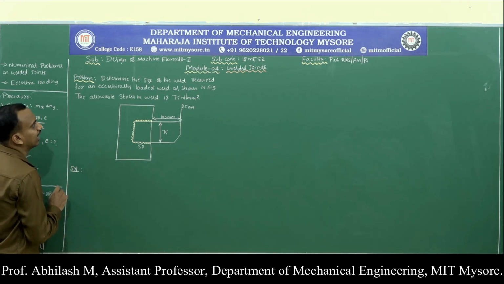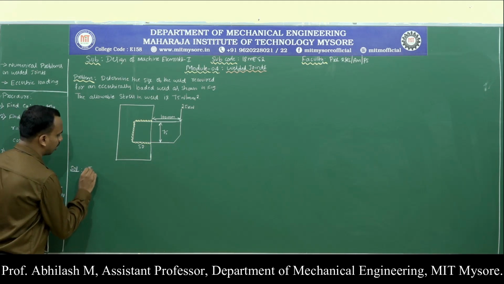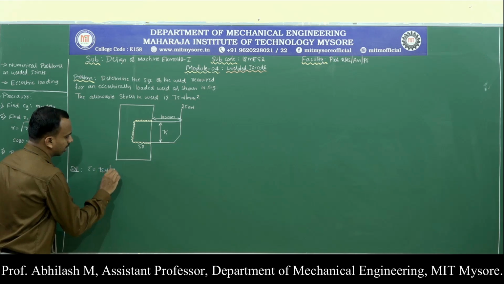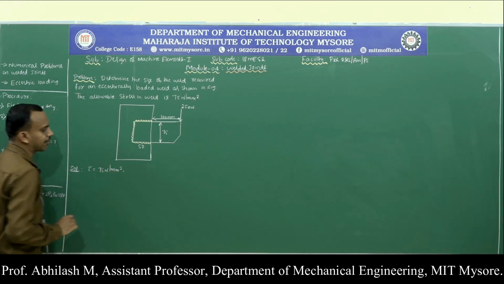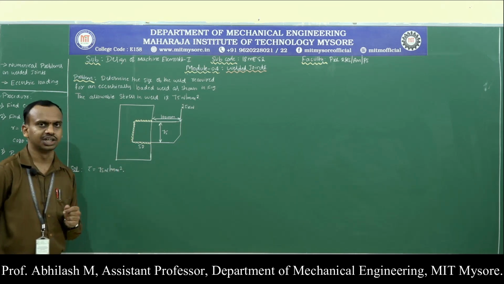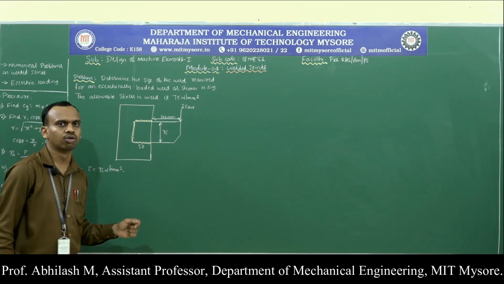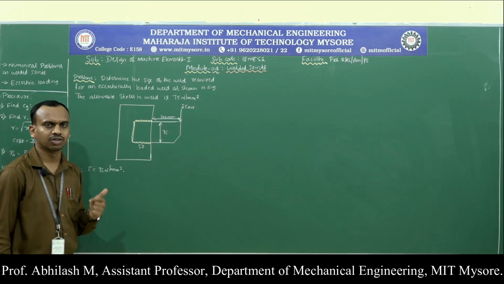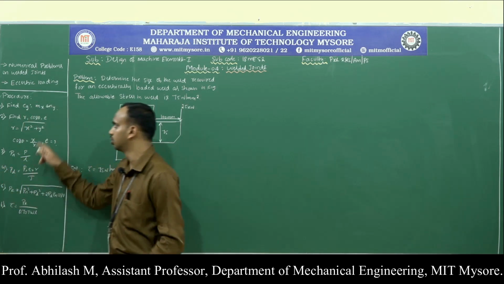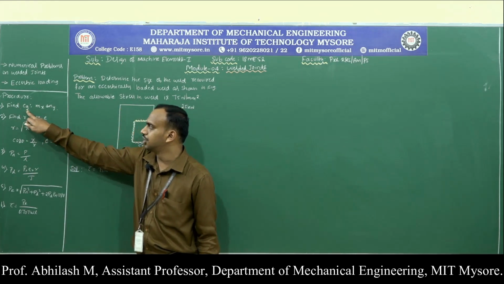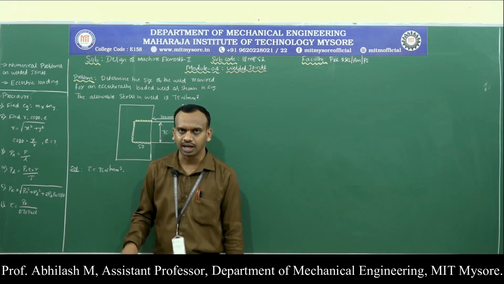So what are the given data? The given data is only the allowable shear stress, that is 75 Newton per millimeter square. For the eccentric loading conditions, we are supposed to go with the design procedure stepwise. The first step in the design procedure with respect to the welded joint is to find the CG value as well as Mx and Ny.